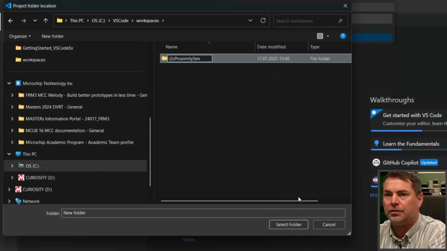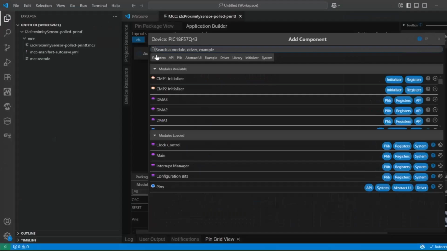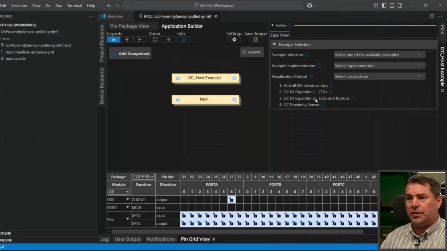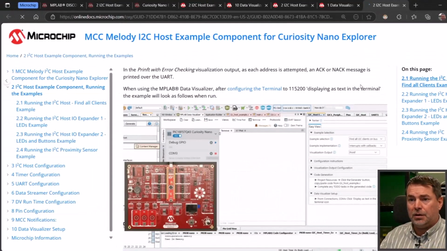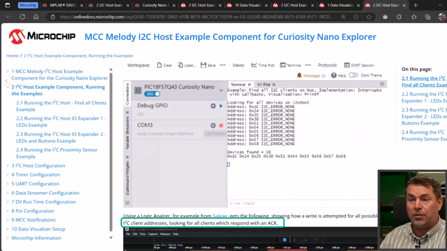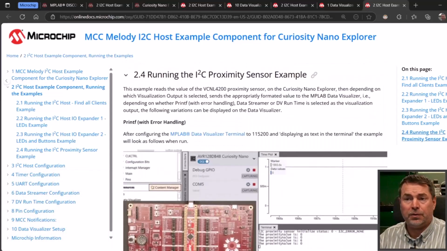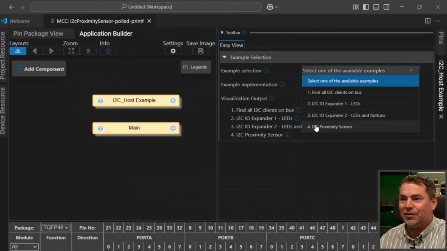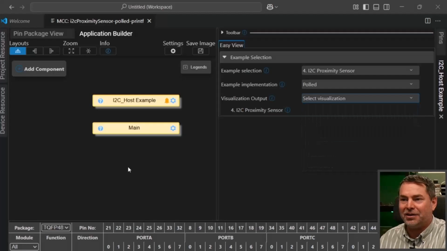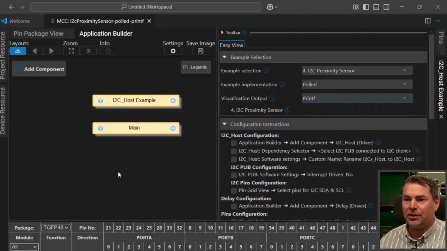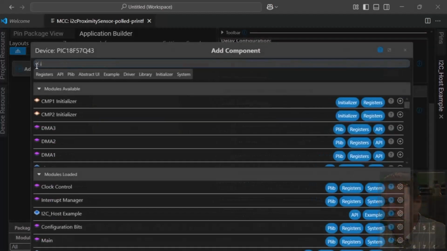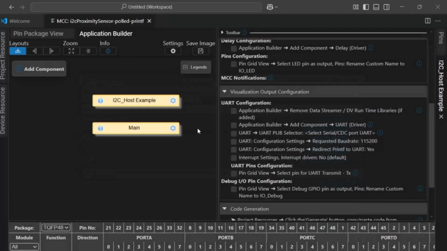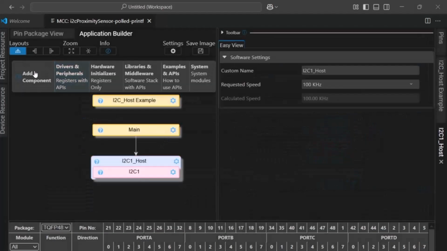We create a folder which will become our workspace. We add the I2C host example component and view some of what these examples do. The various proximity sensor visualizations are what we will implement. Starting with the polled implementation and the printf visualization, we just implement a pseudo configuration, just adding the relevant components